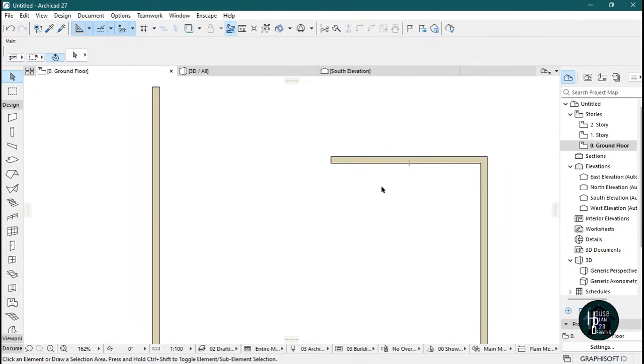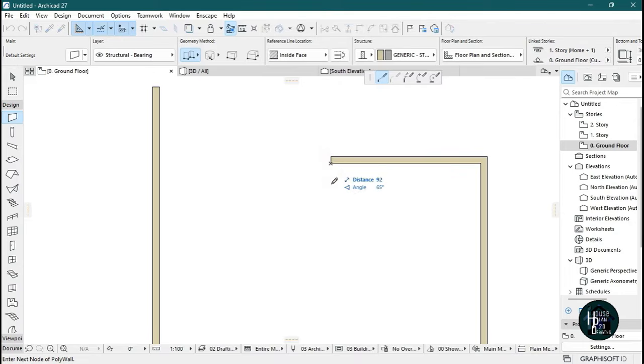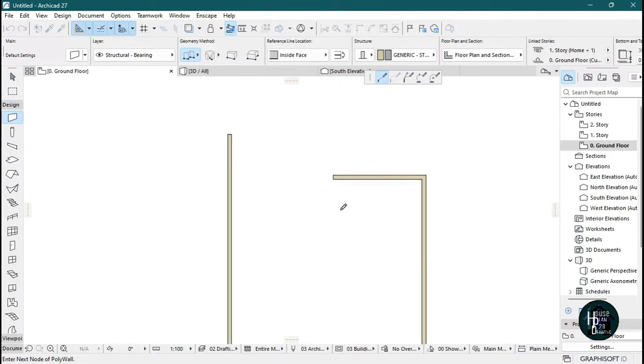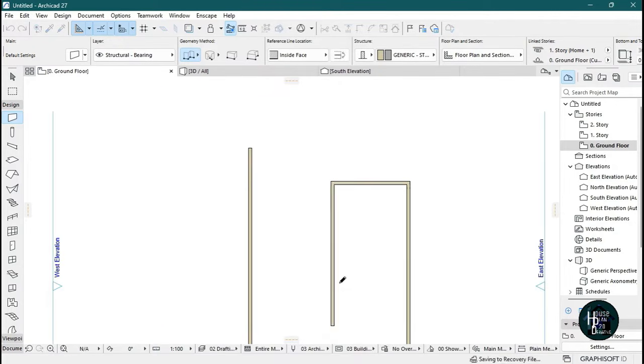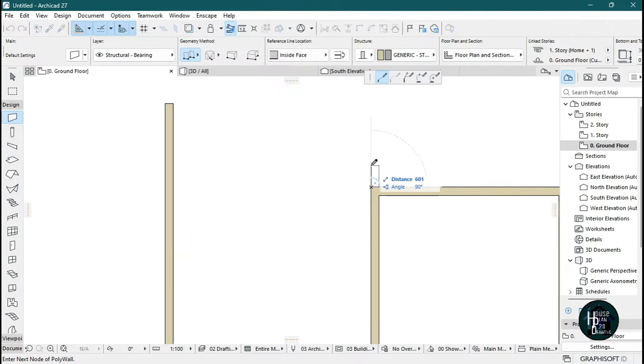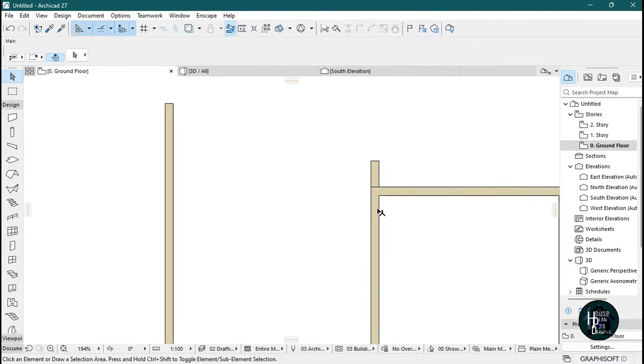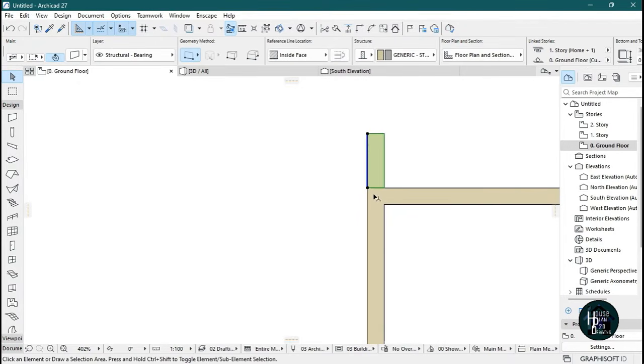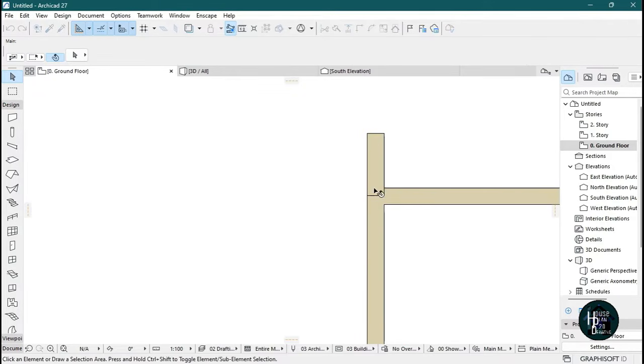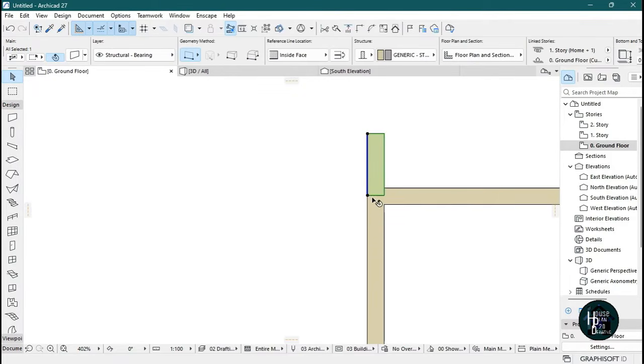Okay, the next thing I want you to do is hold down Alt, select on this wall, click this, and let's stretch it down. Just stretch it down like that. Now I want you to select this, take it up and give a distance of 725. Click enter twice. Okay, or rather you can use, since it's not joining, if you look at it, it's not joining, so you want to click the node and click it down. So what you want to do is